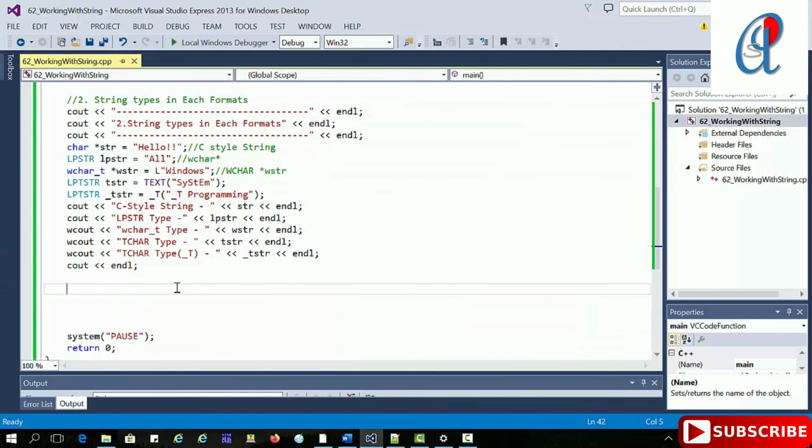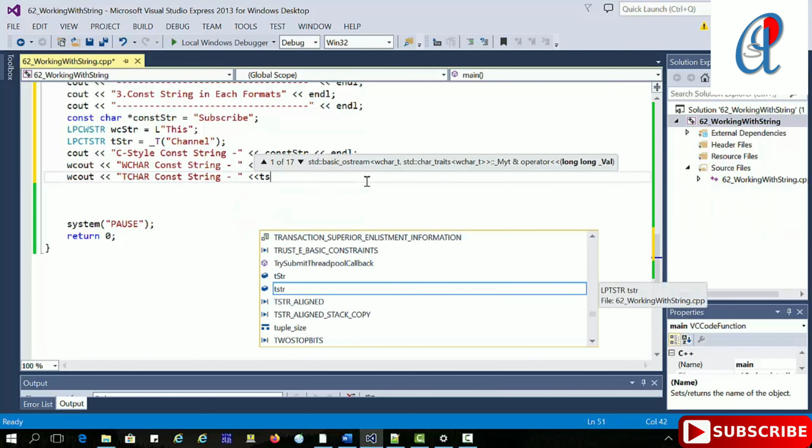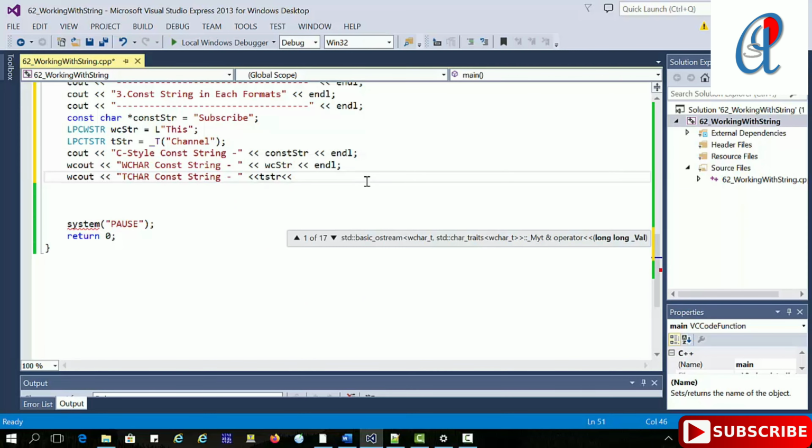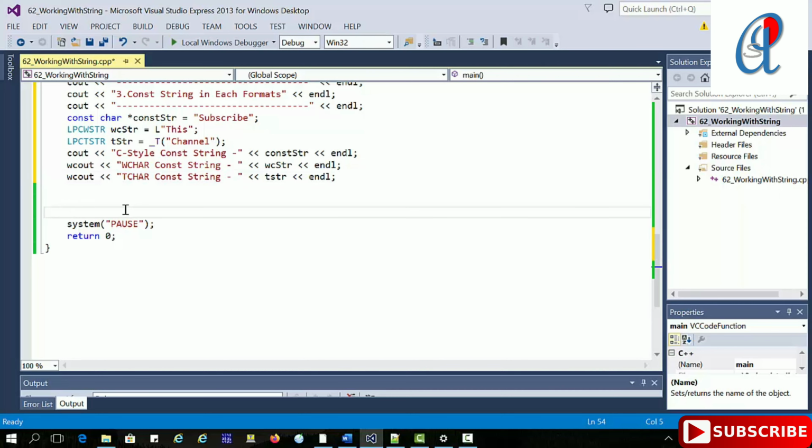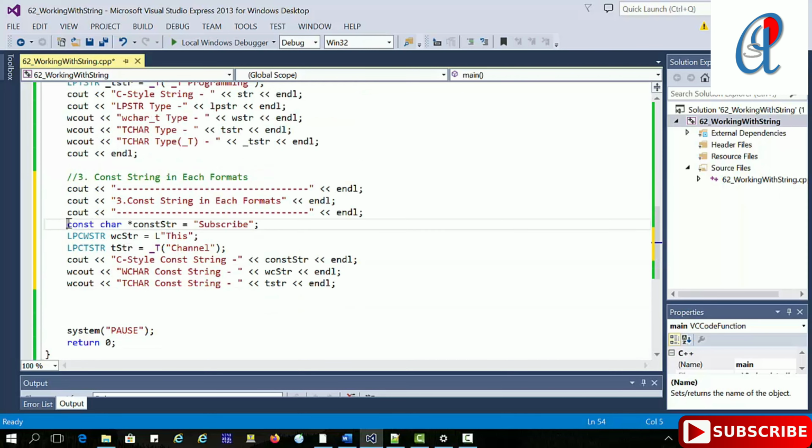Now there is a third thing, the constant: how we are going to write that. This one is the constant character we are using. In traditional C you write like that, this one is the C style.